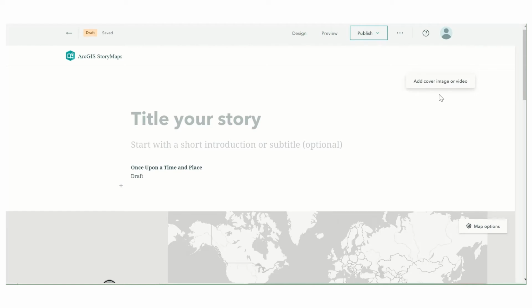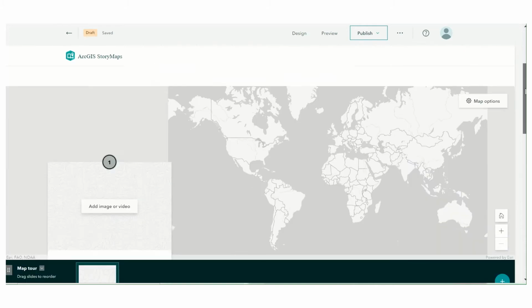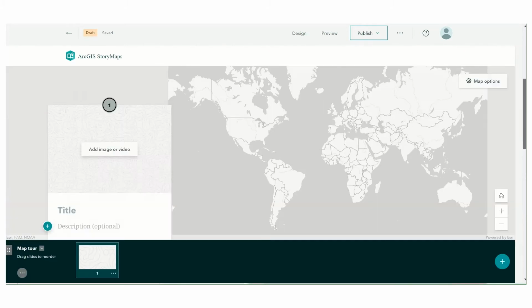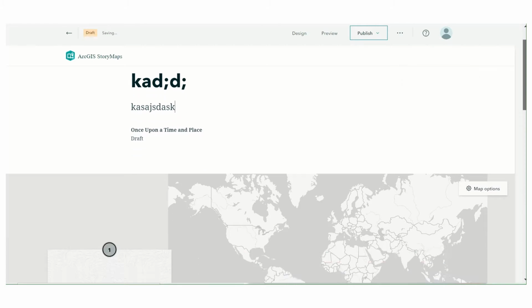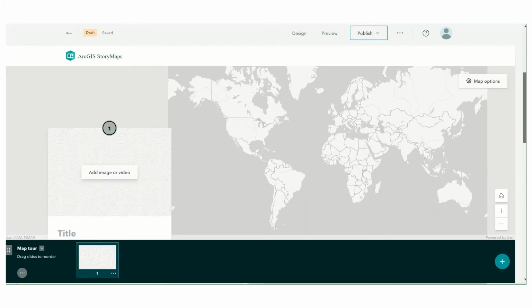The story builder will look something like this. You have a template where you're going to create your story map. You've got room for your title, whatever that will be, and room for a little description about what the story is about. And then down here, you've got your template that you will work with. So on this one, so far, we've got a map on the right, and on the left, we've got room